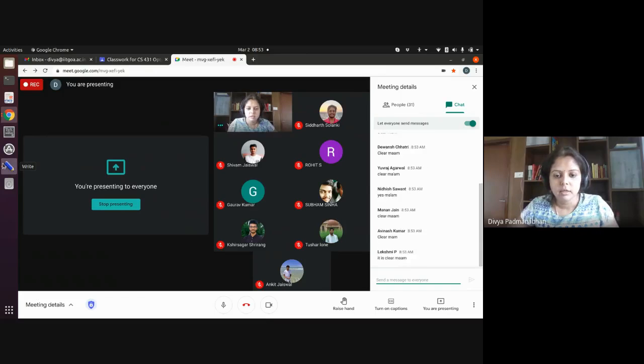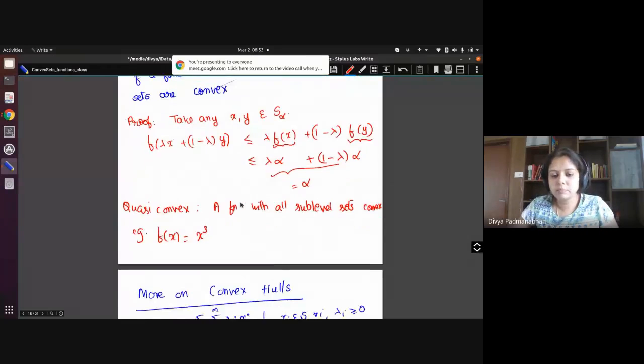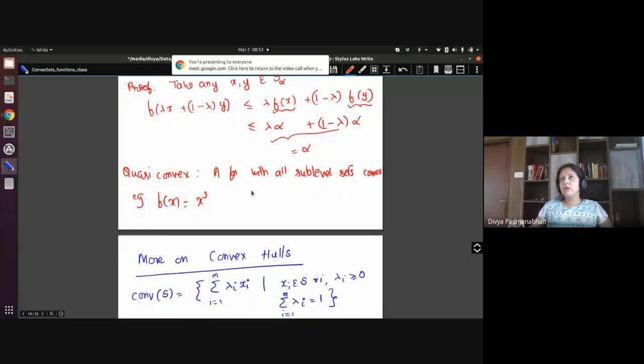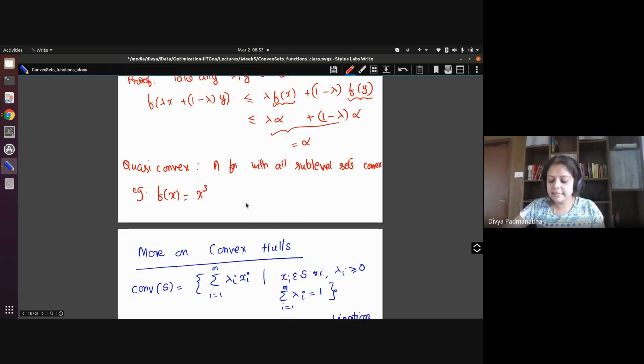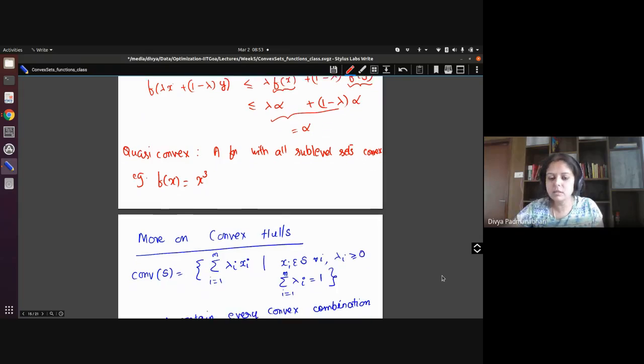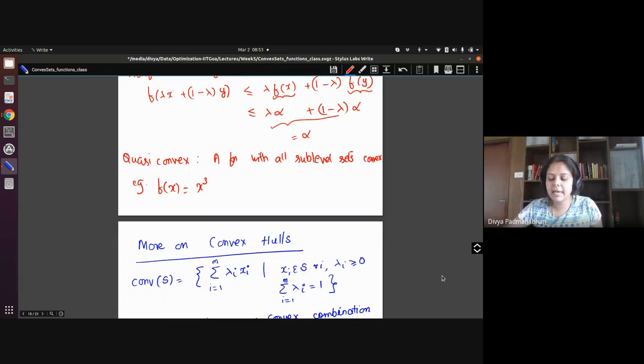Okay. Good. So now, I want to talk to you a little bit about these convex hulls. We briefly mentioned this in the initial time when I talked to you about convex sets. We define this convex hull. Basically, it's the smallest convex set which contains the set S. Okay, so you can have a non-convex set. So something like